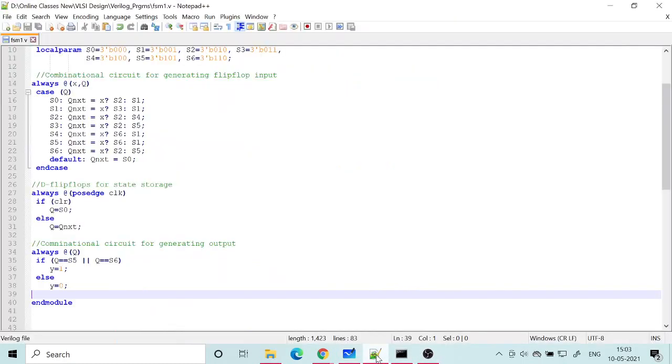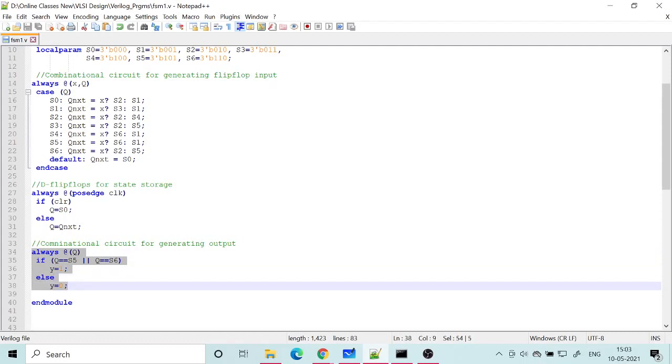So when we reach any of those states, we have to make Y equal to 1, and in all the remaining cases Y should be 0. This is quite easy to understand. Whenever the state goes to S5 or S6, that means detection of 010 or detection of 101.